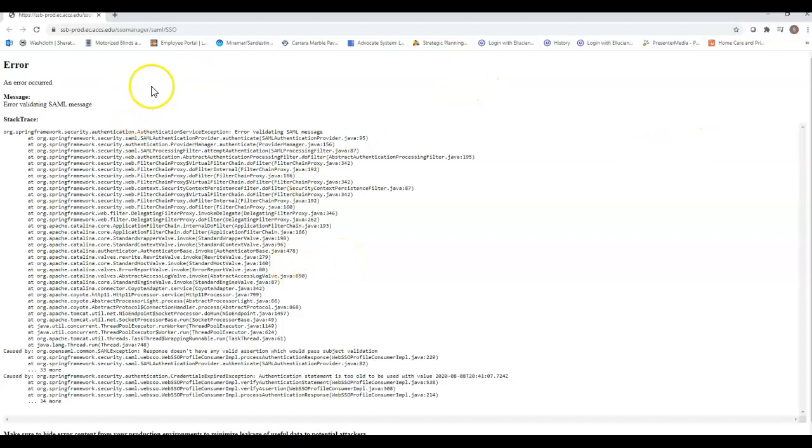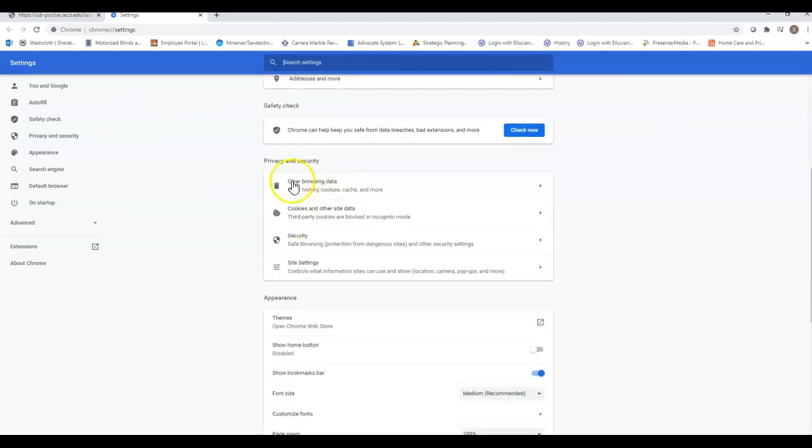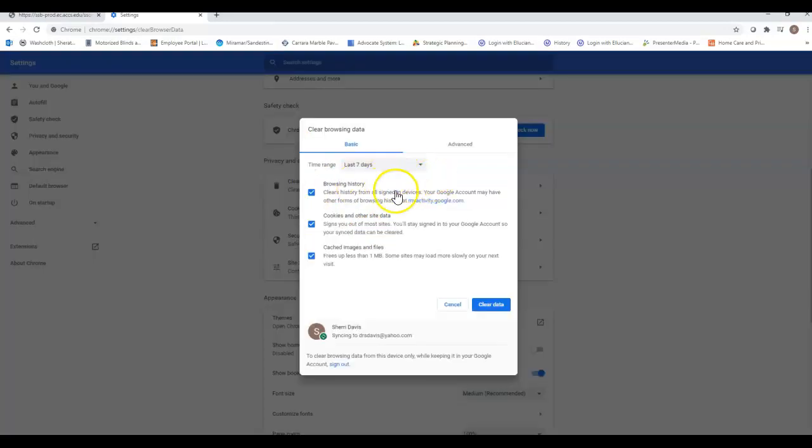So I'm going to show you how I do this on my computer. Again, you need to go to settings on your computer. For me, I can just click these little three hamburgers over here, and then I'm going to go to settings. Your system may be slightly different, but then I'm going to go to clear my browsing history. That's what I need to do. I usually pick the last 7 days. So I'm just going to clear my data,